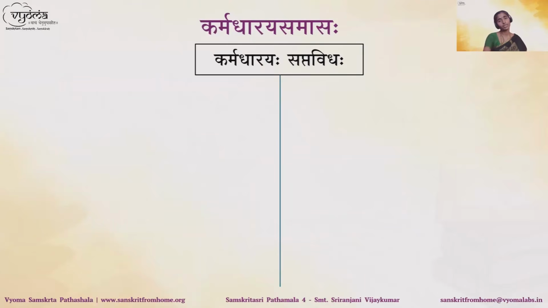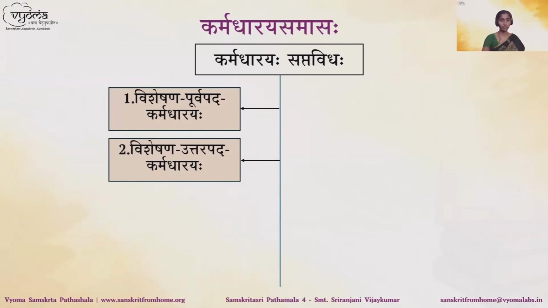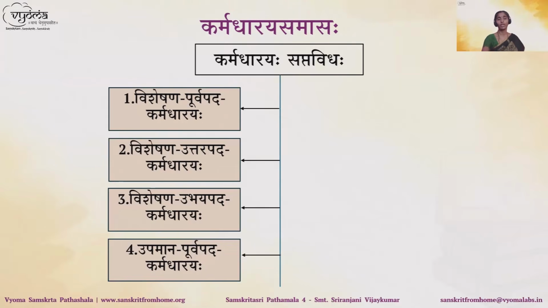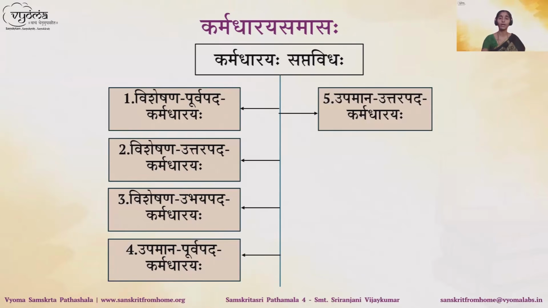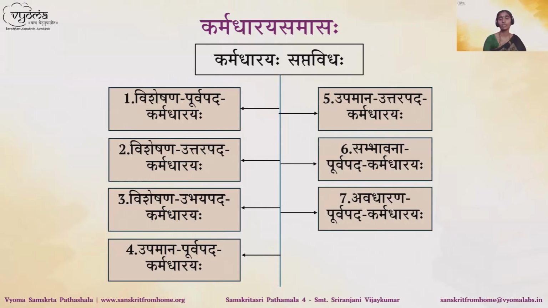So Karmadharaya is of many types. Again, like Samanya Tatpurusha was classified from Prathama to Saptami, here Karmadharaya is also classified. Visheshana Purva Pada Karmadharaya, Visheshana Uttara Pada Karmadharaya, Visheshana Ubhaya Pada Karmadharaya, then Upamana Purva Pada Karmadharaya, then Upamana Uttara Pada Karmadharaya, Sambhavana Purva Pada Karmadharaya, and Avadharana Purva Pada Karmadharaya. So there are actually 9 types, and in your pustaka only the first 7 are covered, so we have